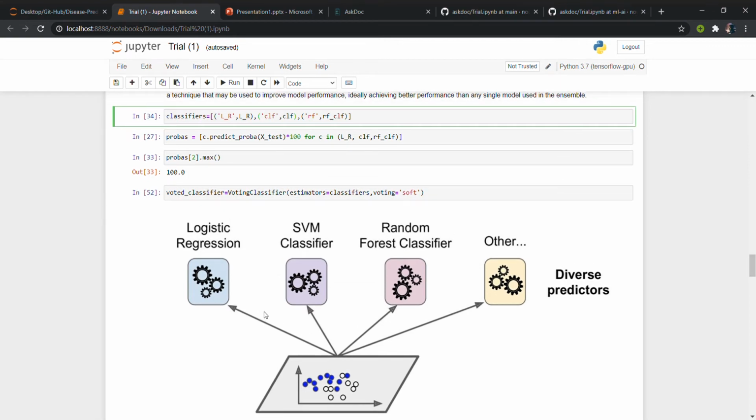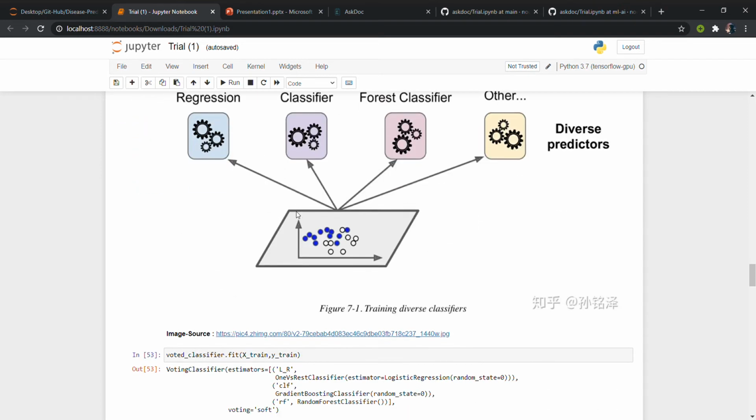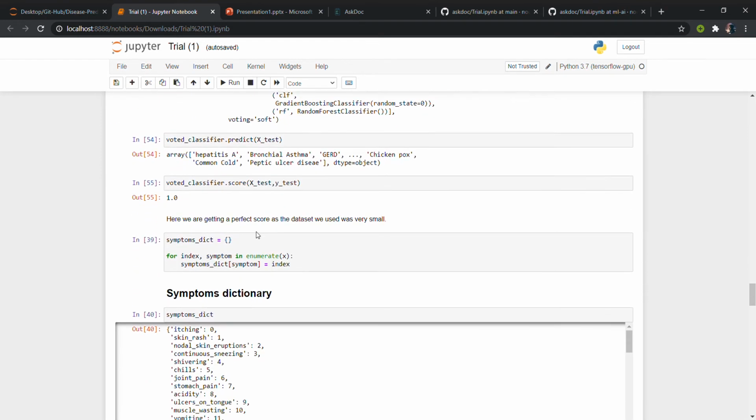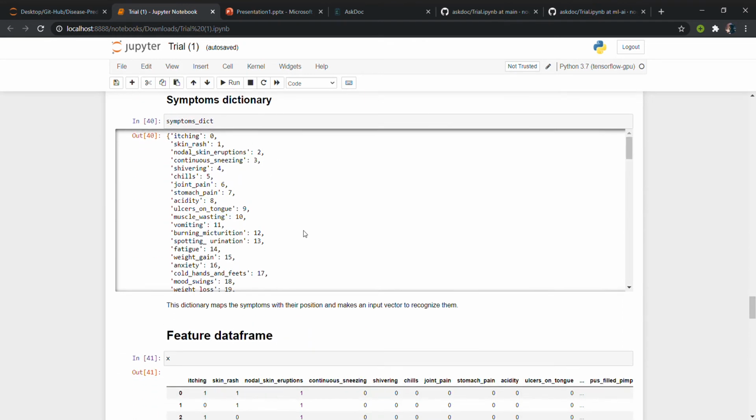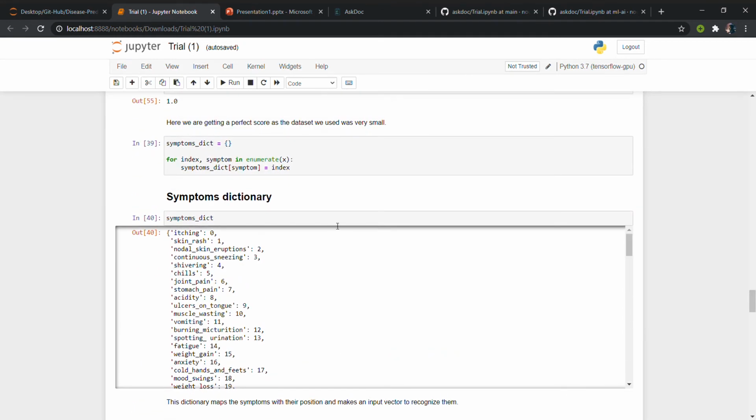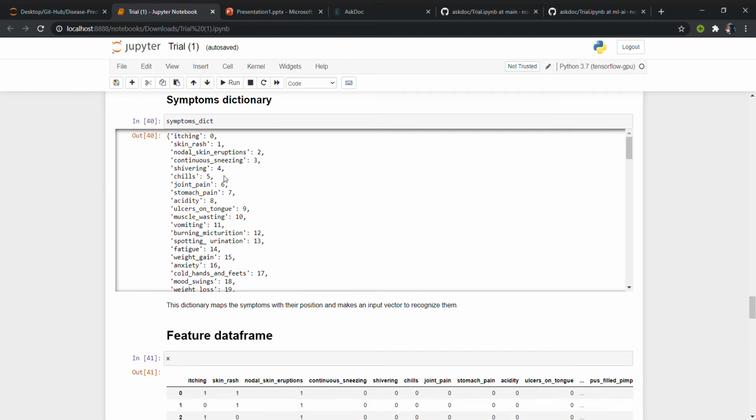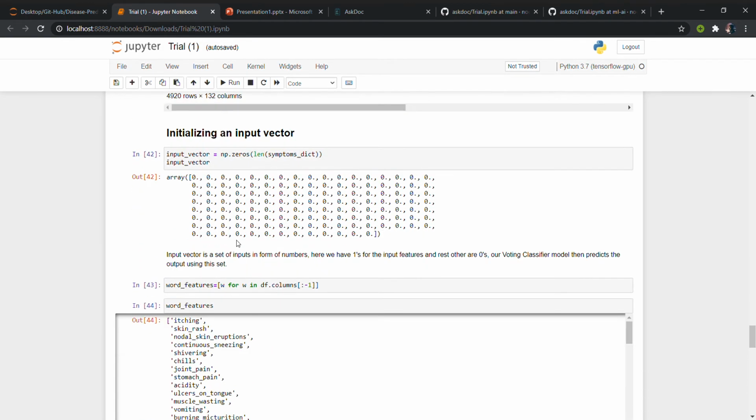If logistic regression classifies something as A, and SVM classifies something as A, and random forest classifies something as A, and the other classifier classifies something as B, the majority has voted for A, so the predicted label for our category would be A. This is what a voting classifier is, and these are the techniques we have used to map different symptoms to the input vector that we have further created here.